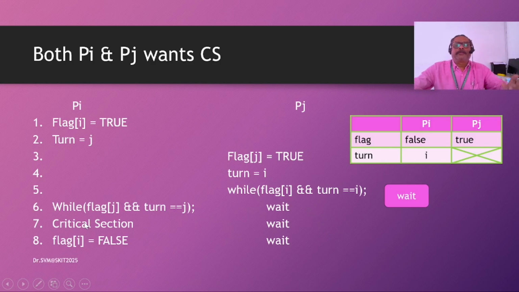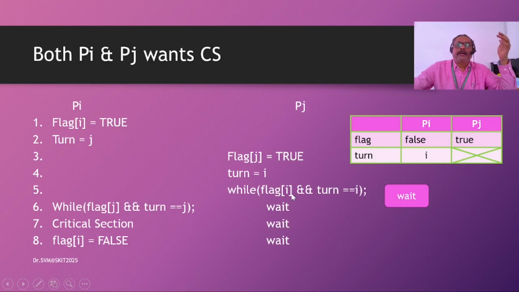Then once the critical section of Pi ends, Pi declares my critical section problem is solved, so let Pj take care of its problem. So I will take back my flag and say flag I is false, and flag I becomes false. Now if you look at what Pj was doing,